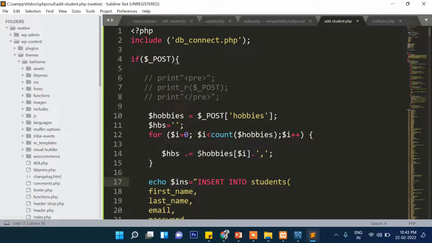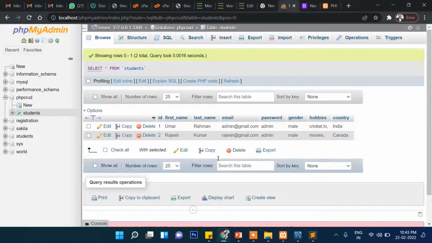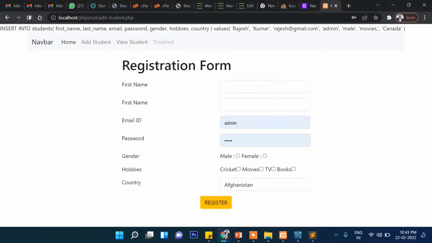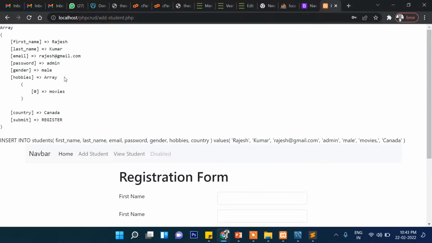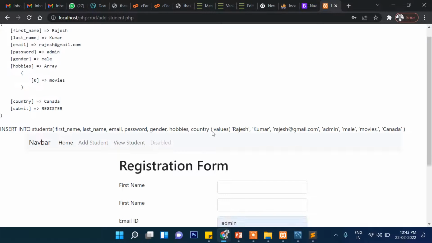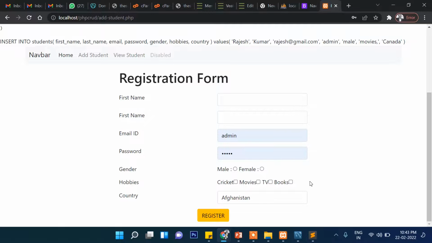First, you have seen this one, right? When we pass this as an array, then what happened? You can see this comes 1. Okay, if I select 2, then it comes 2. That means this is dynamic. You don't know which one the user will select. It can be one or it can be all four. So what we have done,